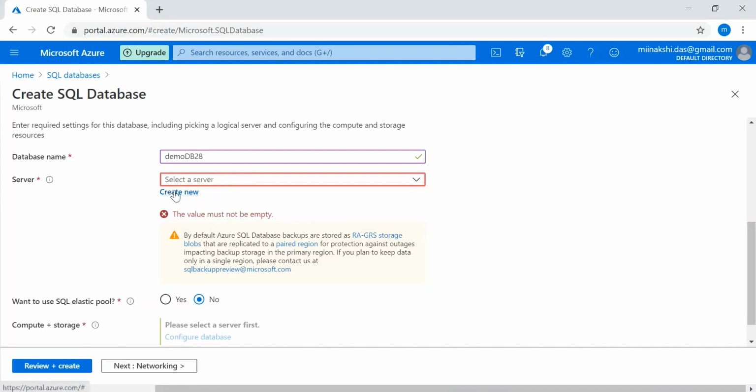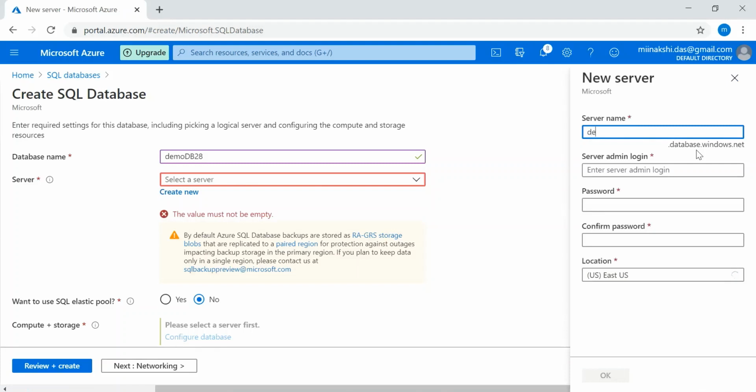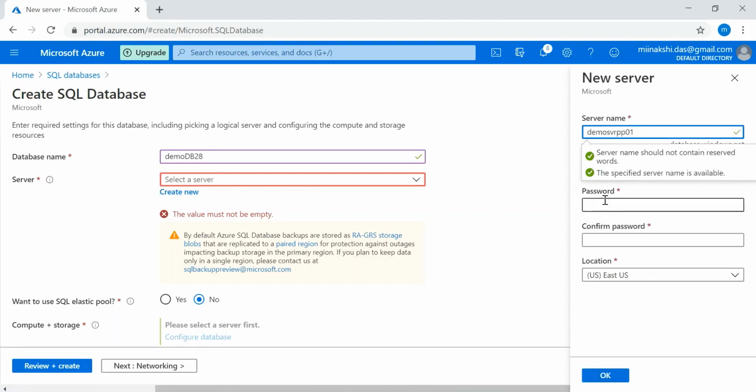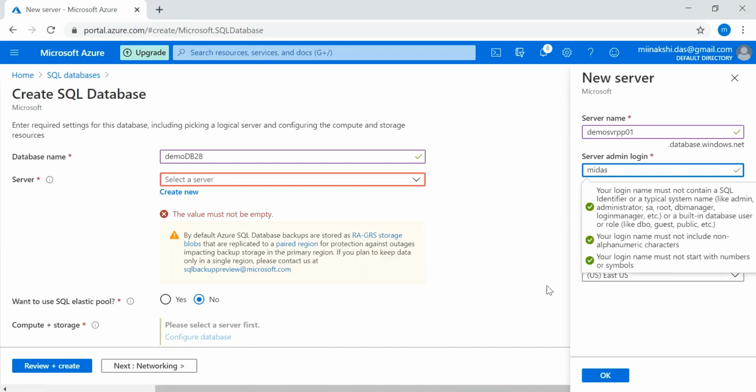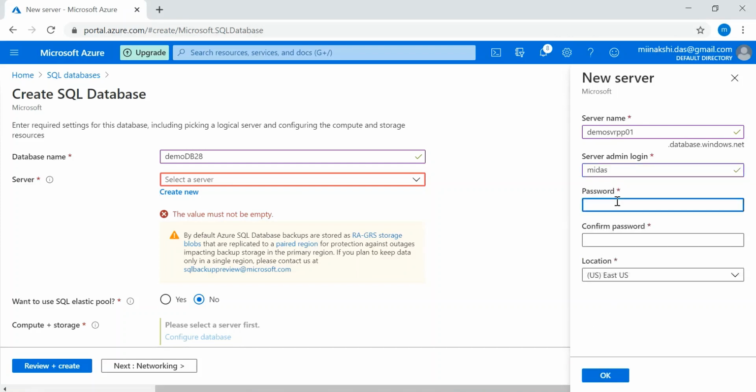So let's create a new SQL server. For a SQL server, we need the admin login details, username, password.